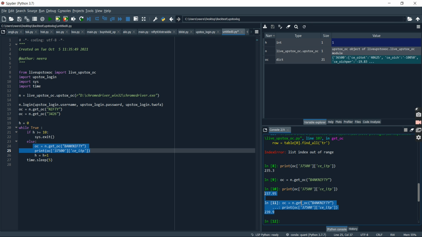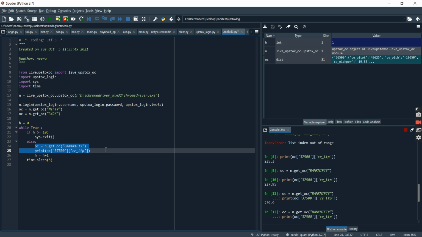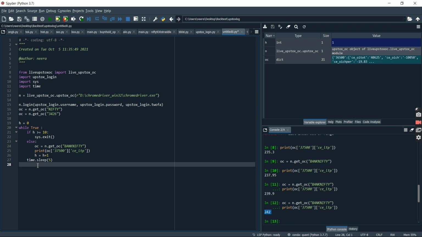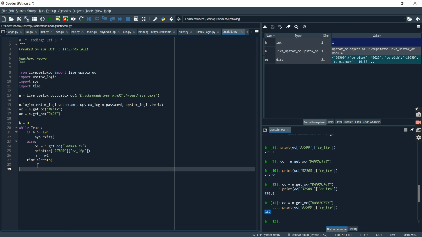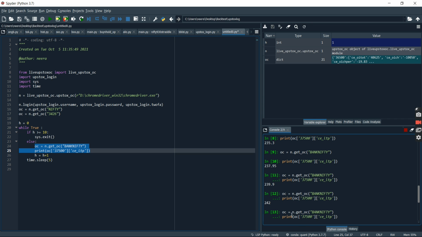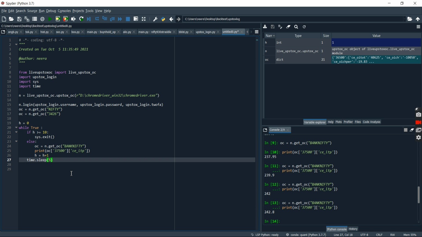Alright, so you can see that the price has changed, and it hasn't even been 10 seconds since I last ran the program. So this will give out the real-time prices to you. This is actually work in progress. If there are any improvements that you can think of in the program, please let me know. Otherwise, you can also contribute to improving this program. Right, so the price was 242. Now if I run it, it is 242.8.